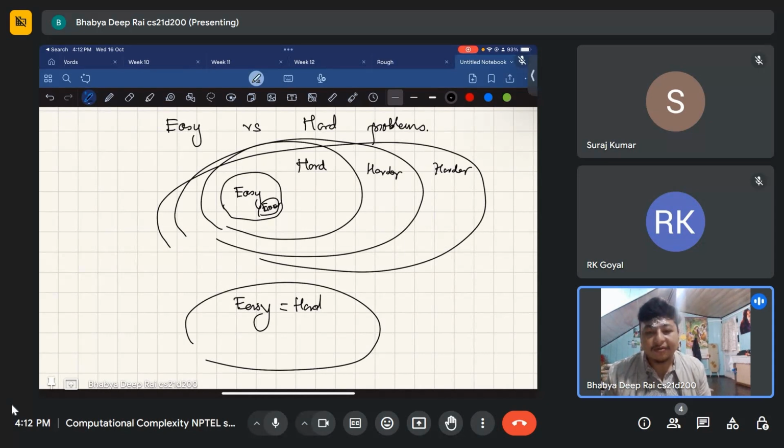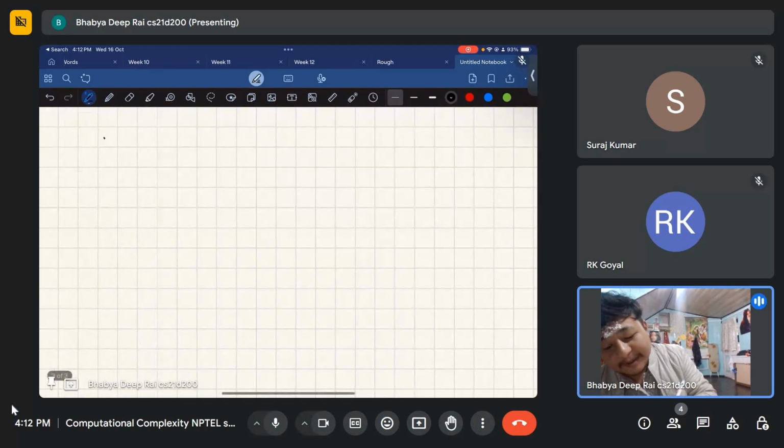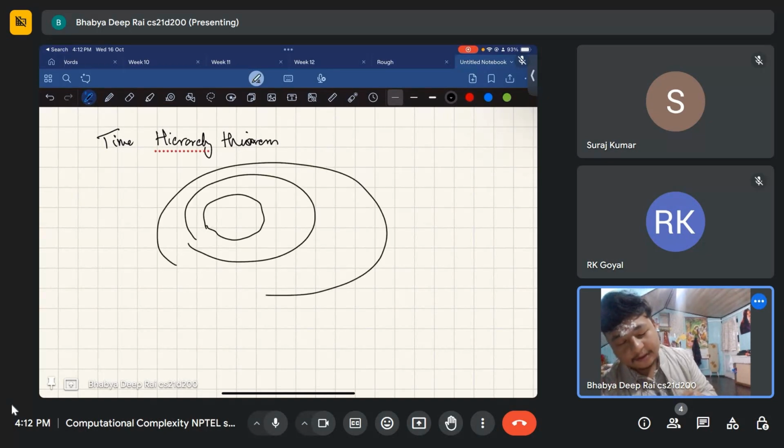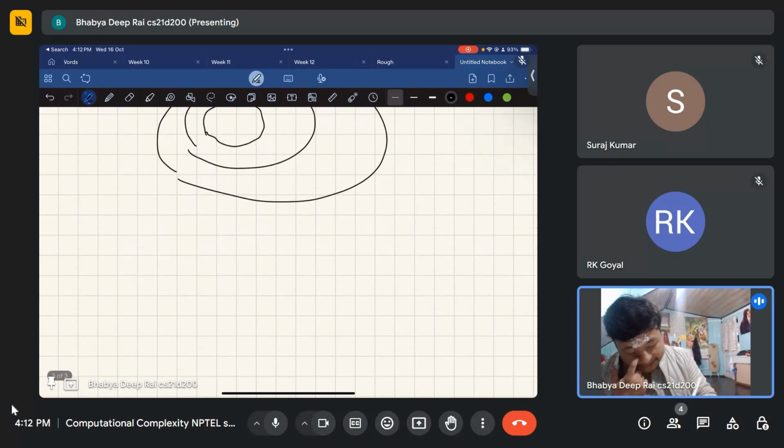And so one of the first theorems that people discovered, which led to the foundations of complexity theory, was the time hierarchy theorem. So you actually have a strict hierarchy. What does the time hierarchy theorem say? It says that